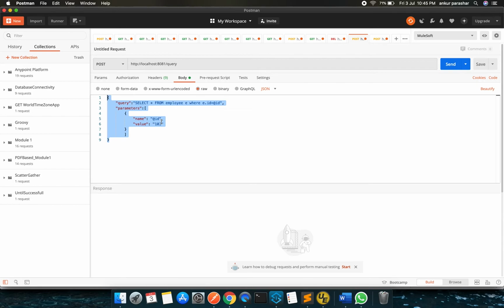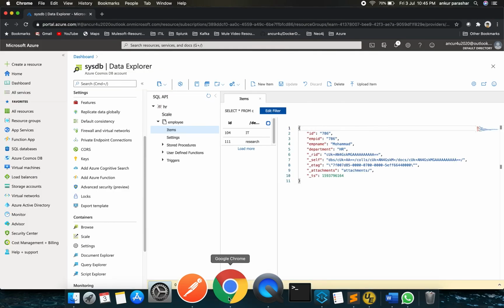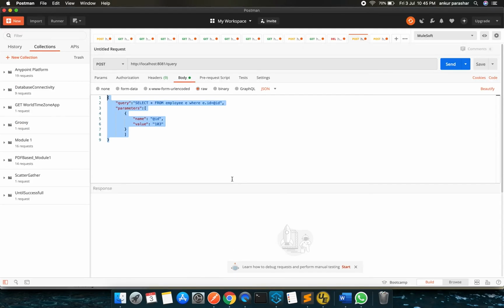and some standards from here as well. So shall we start from employee where employee ID is equal to 103. So parameter need to be sent in this particular format. We can also try something on sending this parameter from query params as well, but let's stick to this particular format for the time being. Let's see 103 is existing or not. So 104, 111. So let's switch this guy to 104. I'll click on send button.